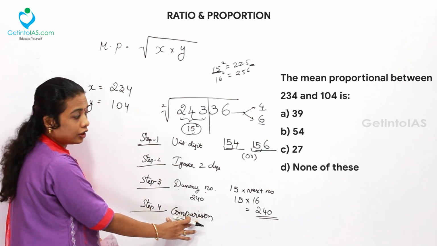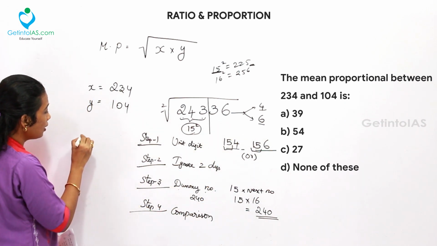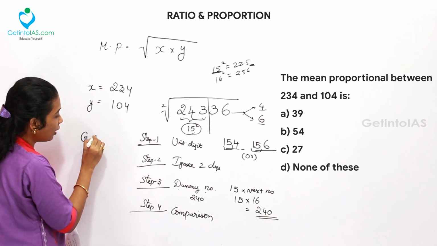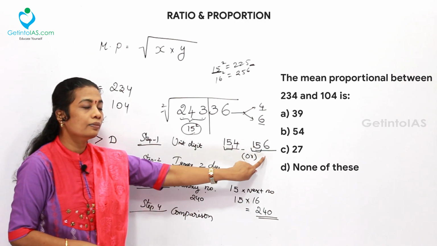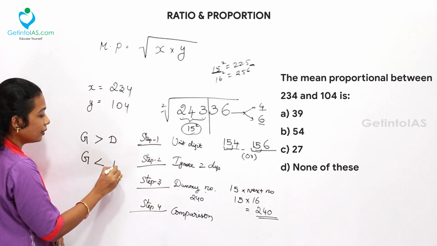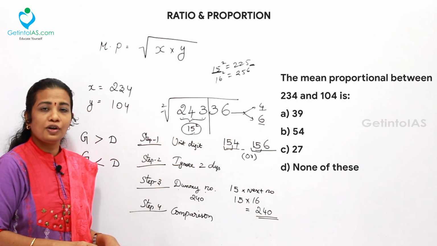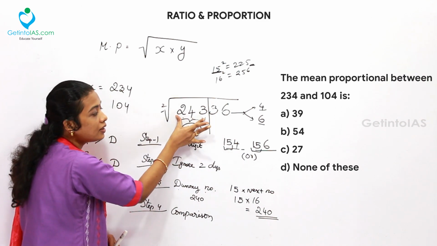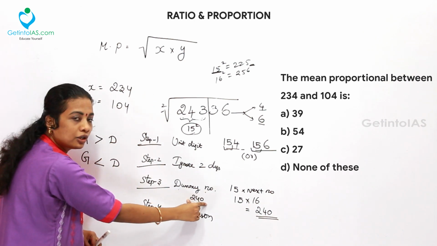The last step, which is comparison. Only this step will give you the correct value, which is going to be the answer. So, comparison means given number versus the dummy number. When the given number is greater than the dummy number, your answer will become the greater number. Or else, if the given number is lesser than the dummy number, your answer will become the lesser value. What is the given number here? What we have considered after ignoring 2 digits, that is the given number, which is given in the question, right? So, 243 is the given number and the dummy number is 240.